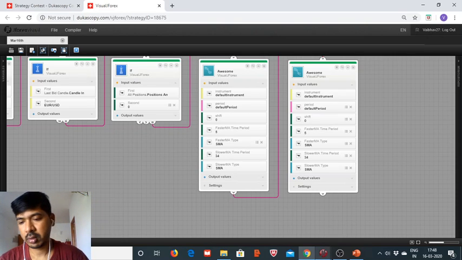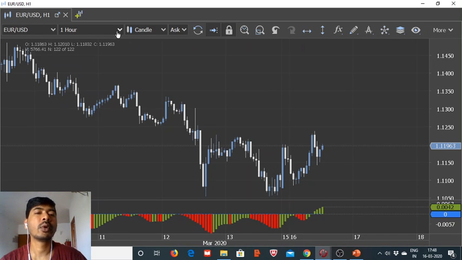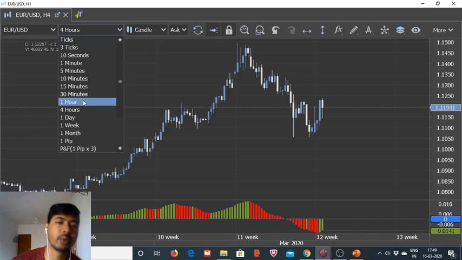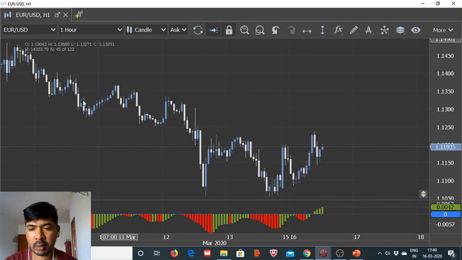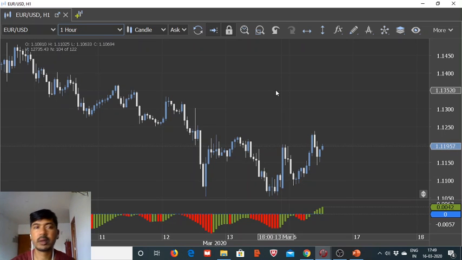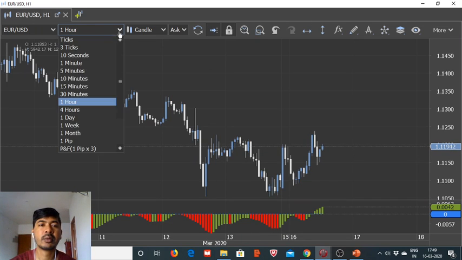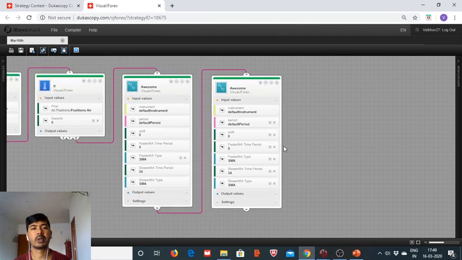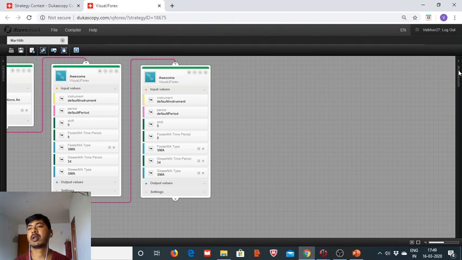We are going to need, I think, two awesome oscillator blocks for defining the 4-hour charting, and then two awesome oscillator blocks for 1-hour charting. So cumulatively we are going to need 4 awesome oscillator blocks, and then we will try to make sure that our entry is at the optimum point and we don't end up losing too much of our money. So let's see. We bring in 2 more oscillator blocks, and then we will define the parameters,